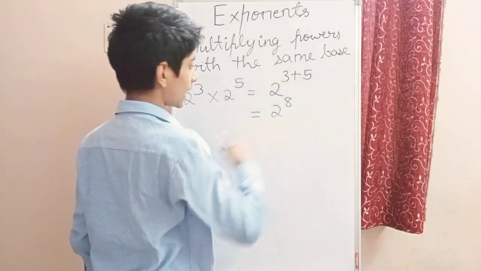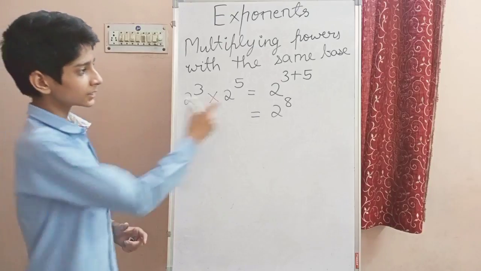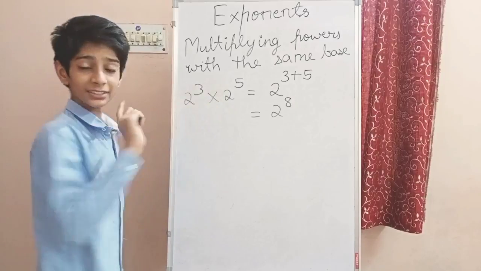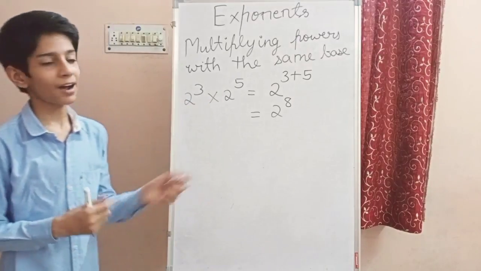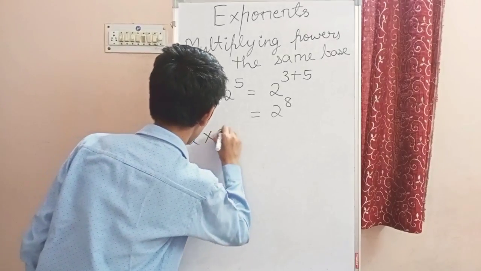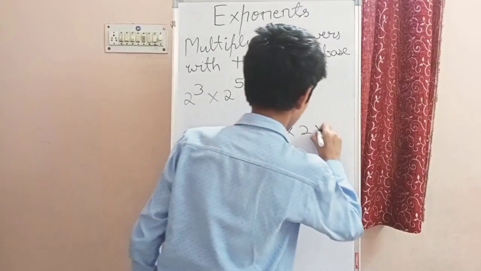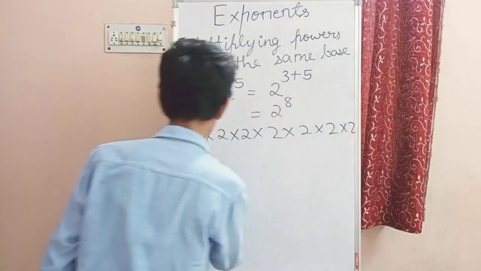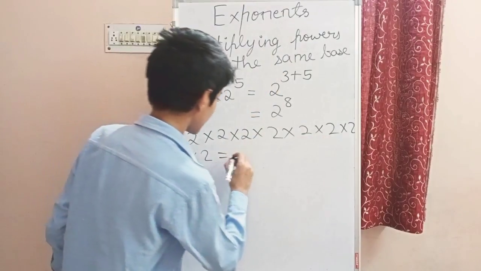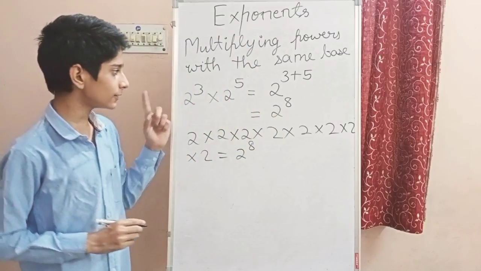If we did that twice also, then also the answer comes as 2 raised to the power 8. But this is a short method. If there is the same number and only the powers are changed, then we add the powers and we get the answer. We will get the answer like this also: 2 into 2 into 2 into 2 into 2 into 2 into 2 and into 2, 2, 4, 6 and 8. We will get 2 raised to the power 8 this way also, but this is a short method. Now we will do one more question.